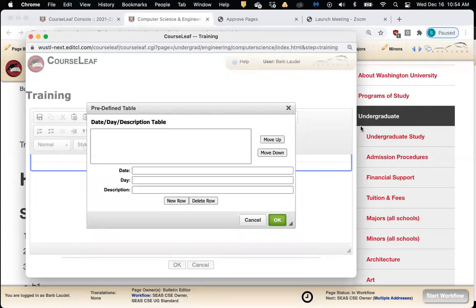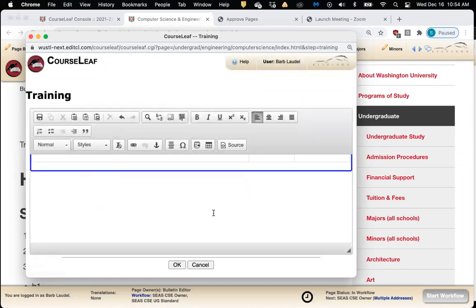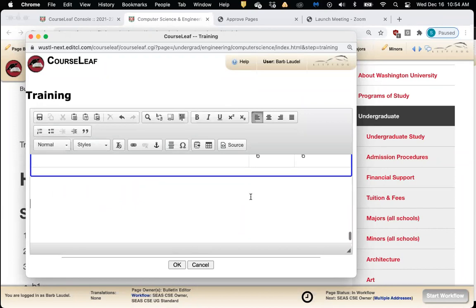Okay, thank you. So Jennifer's saying we don't have the ability to create tables on the fly, so the predefined tables are tables that have been created for us previously that you can use on your page. So if you need something you don't see here, contact me, and Leapfrog can create it for us. That is true. So that's something that's really important in terms of what is available to you.